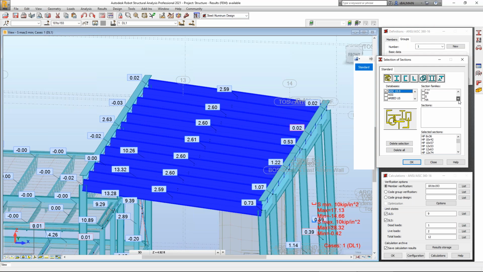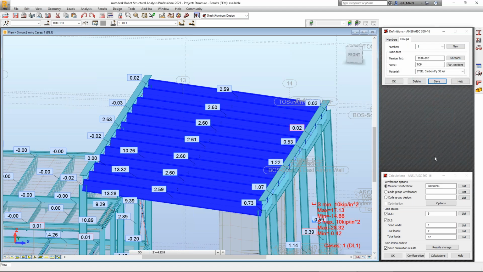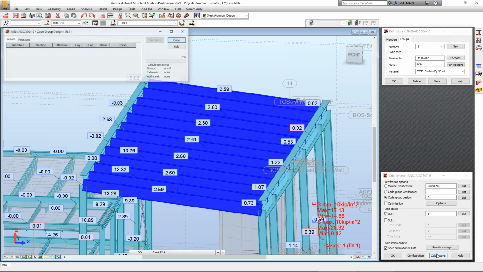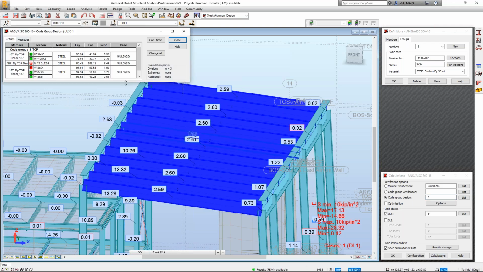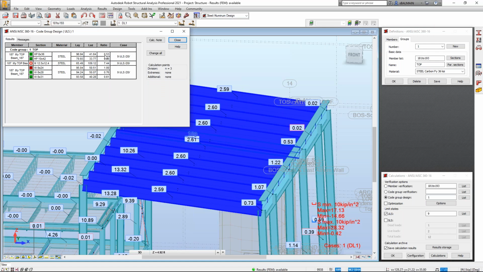Okay. W. Okay. And so I save, and now I will do code group design. So it's the first, and I will do in stress first, analysis, and here it will show me those who work, okay, those who work even better, and those who don't work, you know, but from the last